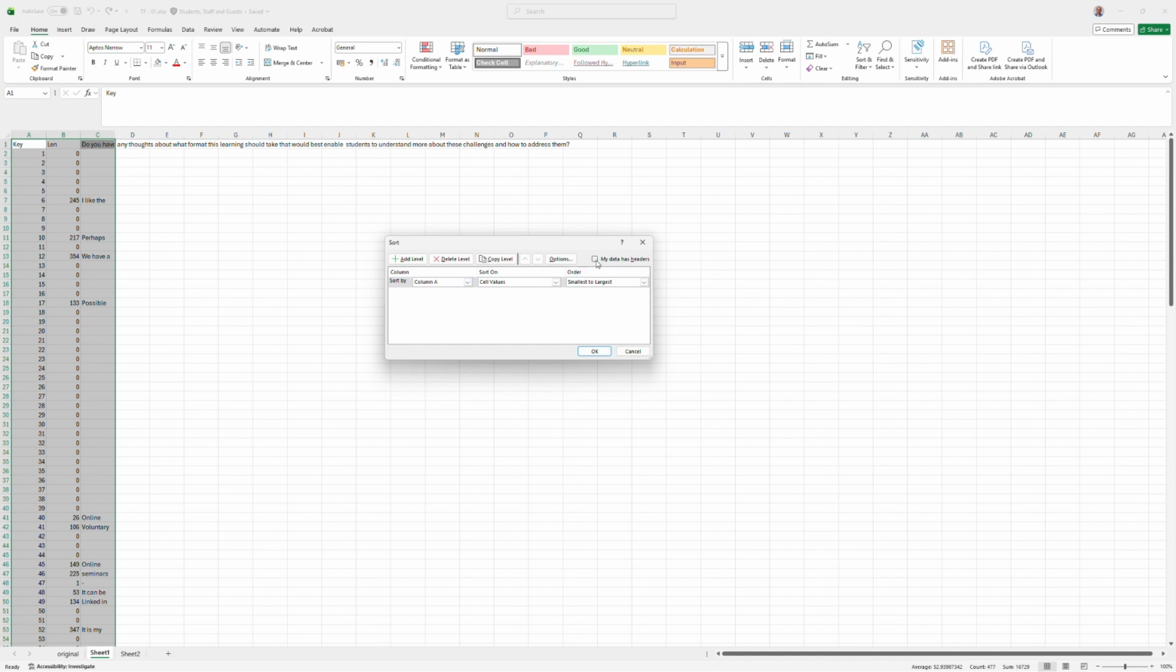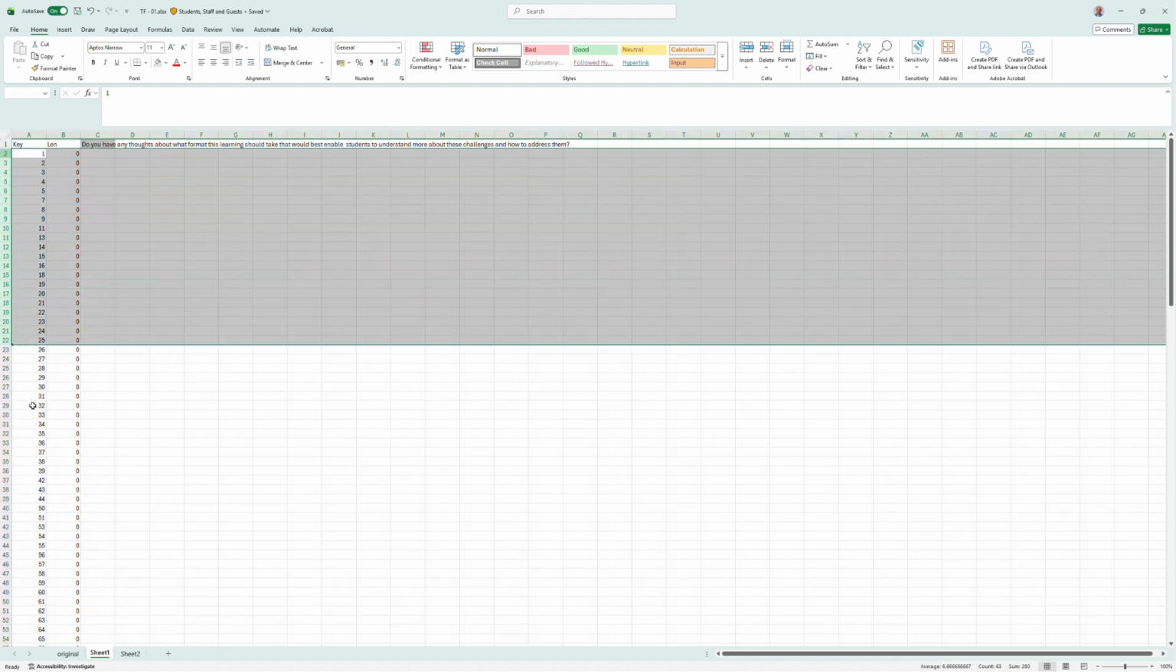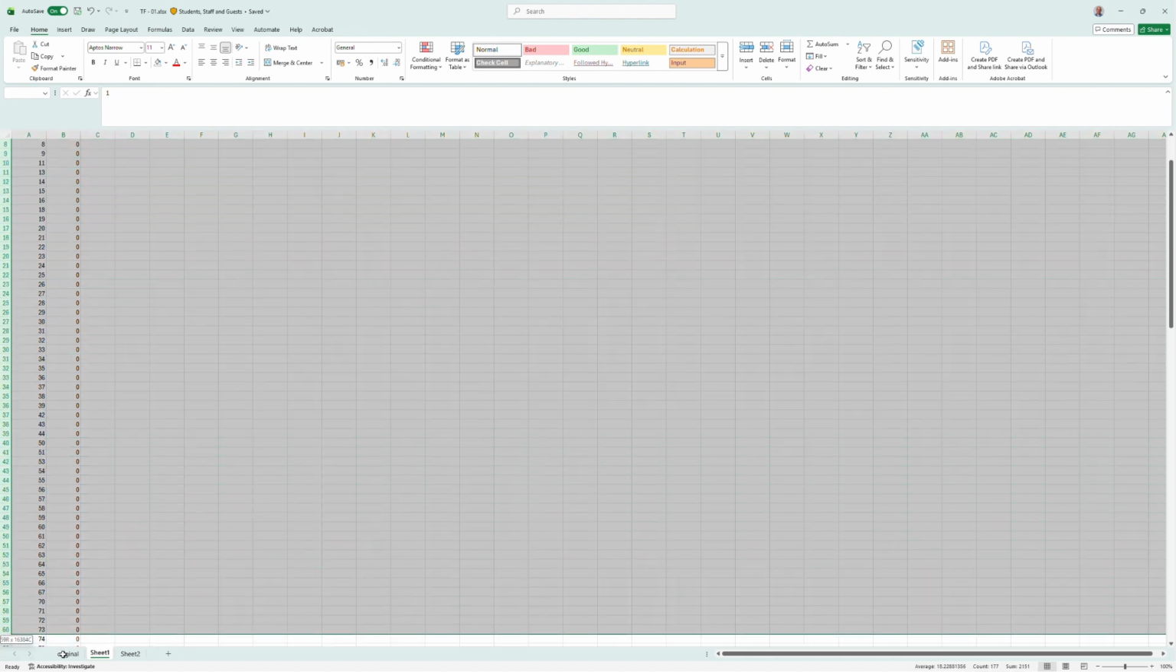Notice this box here. My data has headers. If I click that box, it stops saying column A and says key. We're wanting to sort by column B, which we know is length. For length, we click there. We go from smallest to largest. They're all our zeros. We don't need this. So we highlight all this data